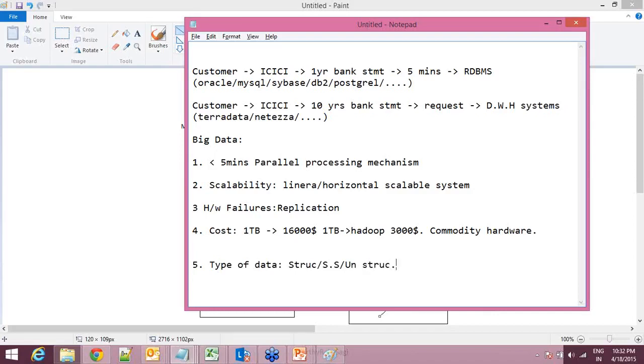Unstructured data means the data which doesn't have any schemas, no meaning, no metadata. It's simple raw data and flat files. And it could be in any format. It could be text format, binary format, compressed format, document format. So Hadoop has the capability to process any type of data. And you know, of the volume of data available in the world right now, it's more unstructured compared to structured. If we say total data available in the world is 100%, the volume of unstructured data itself is more than 80%. Only structured data is 20%.